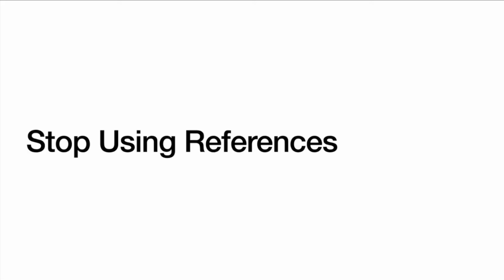So I want to give some examples about what I mean when I say you need a different schema, and how we can solve these problems that we just touched upon. So the first thing you need to do is stop using references. I know this is a harsh statement, but especially in e-commerce, where, as I mentioned, you have data retention policies and you need to keep stuff around for later, you really don't want to use references, because